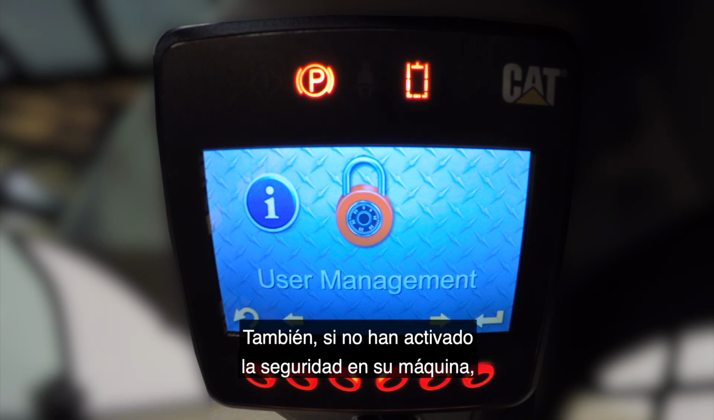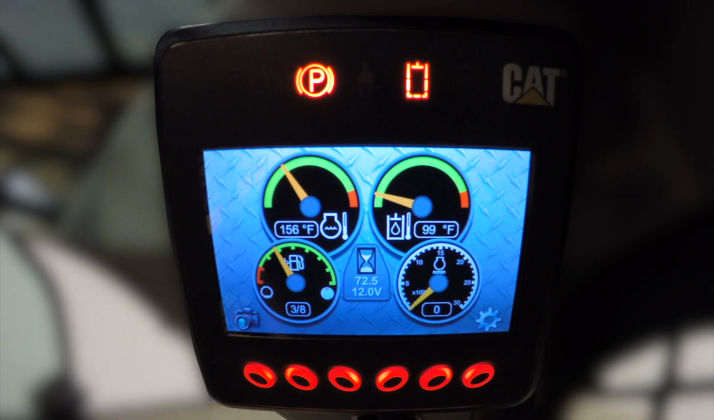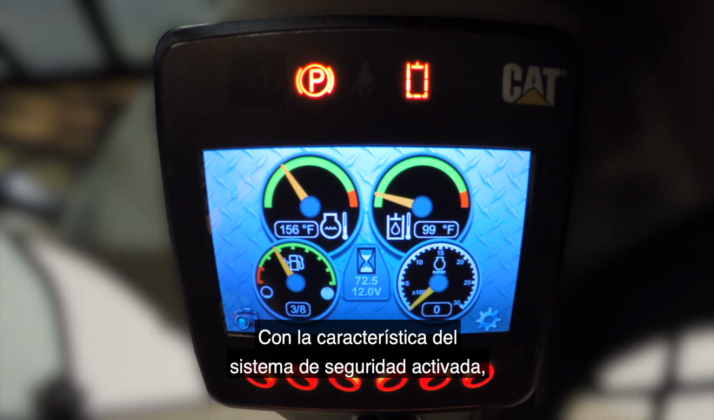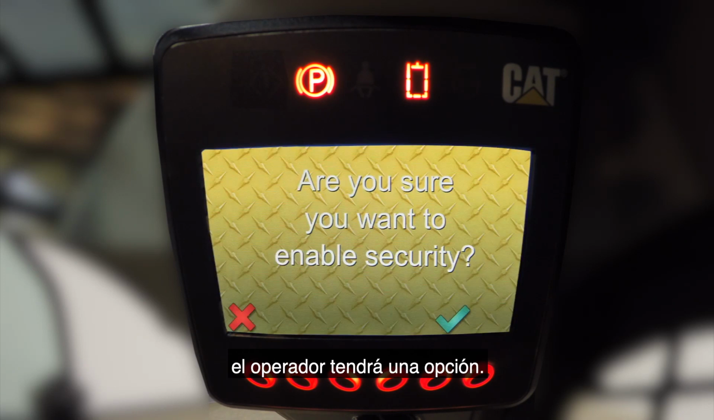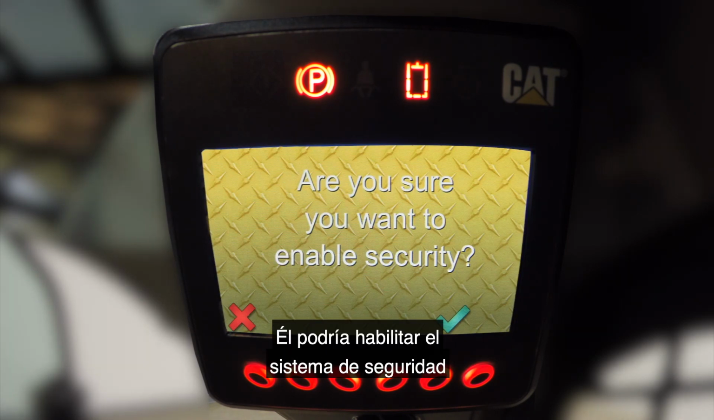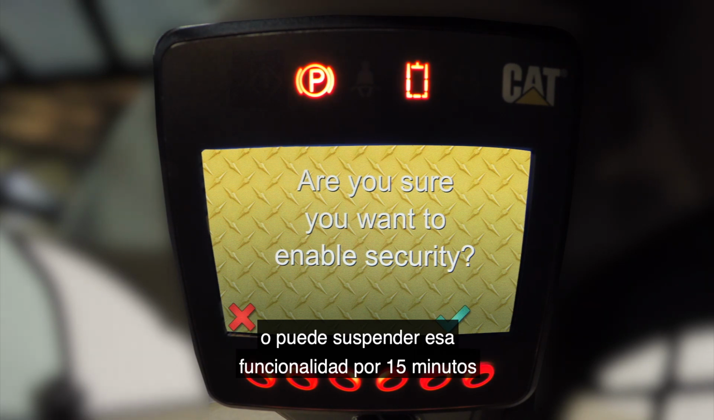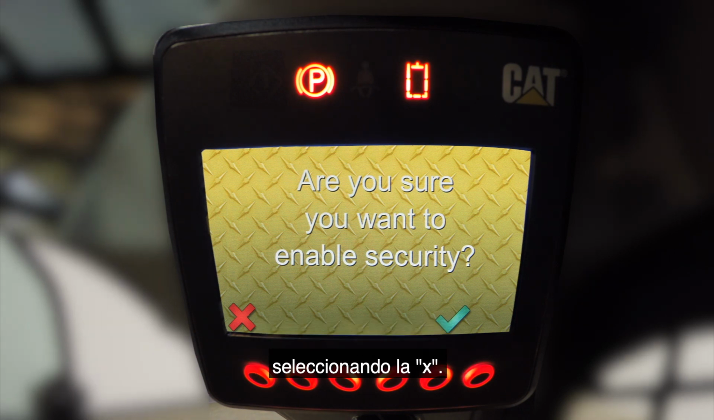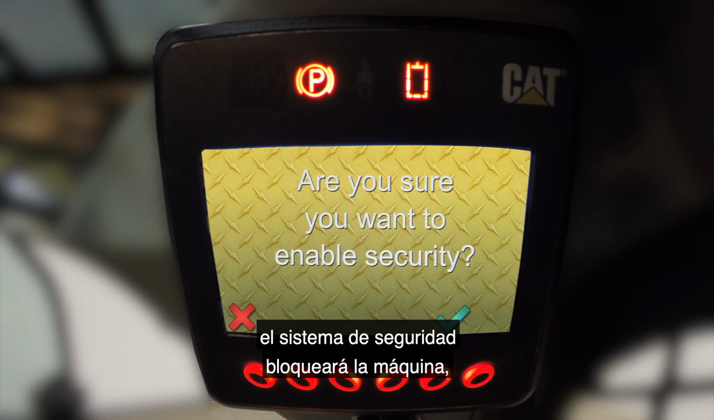Also, if you have not enabled your security on your machine, you can do so under the user management selection in the advanced display. With the security system feature enabled, when the key switch is turned to the off position, the operator will have a choice. He can either enable the security system within 30 seconds of selecting the check mark, or he can suspend that functionality for 15 minutes by selecting the X. After the 15-minute window has passed, the security system will lock the machine and will require a code in order to start